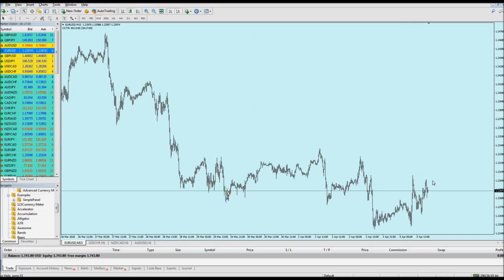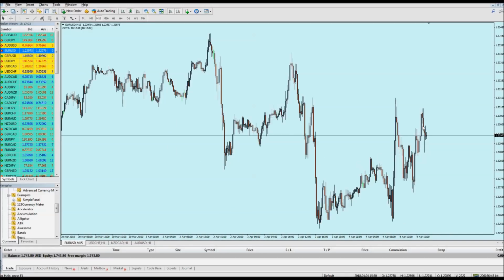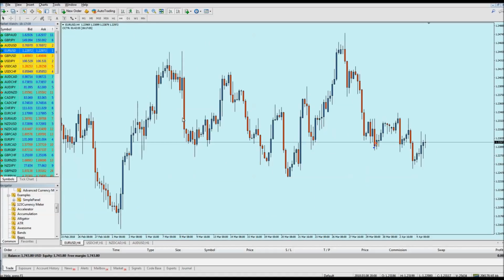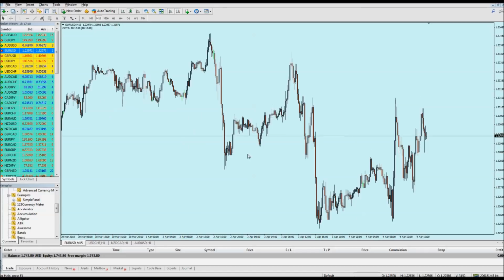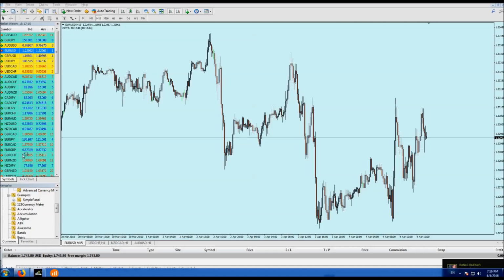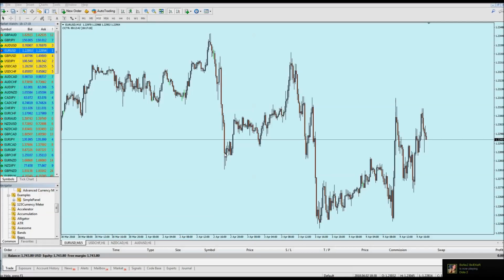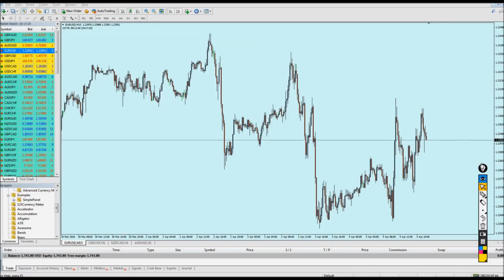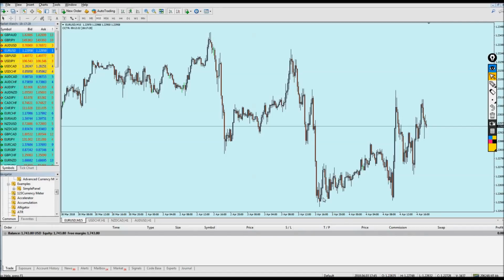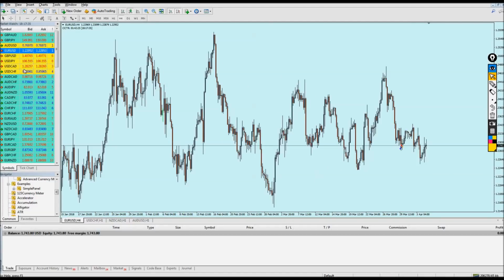For example, I don't need to look at the 4-hour chart to know that right now I am on a resistance. If you go to the 4-hour chart, I am on a resistance. I don't need this because from my experience, I can tell just by looking at the 15-minute chart if I am on resistance or a support. I'm just saving my time. But for you guys or for the beginners, you perhaps want to look at the 4-hour chart. So anyway, let's begin. Since this is an educational video, I'm going to switch to the 4-hour chart, and from there I will look for my